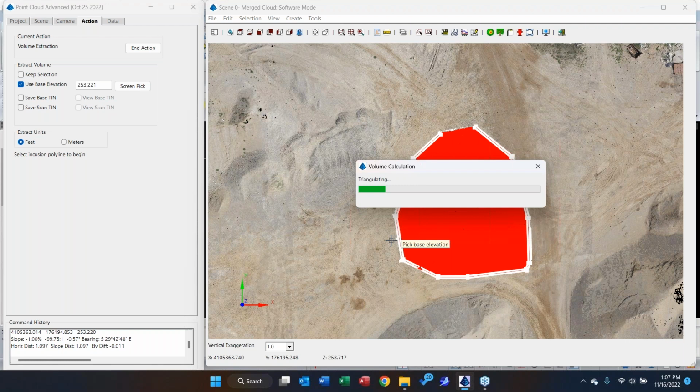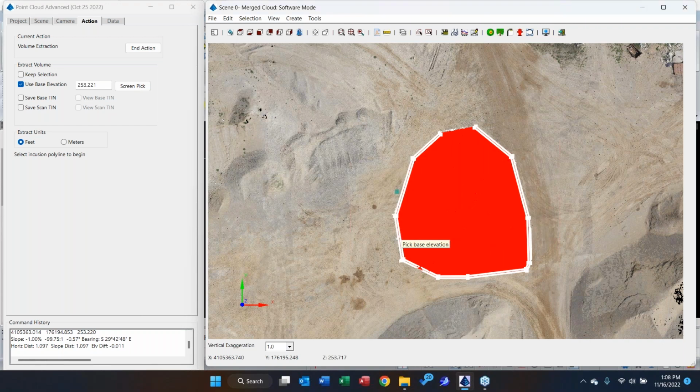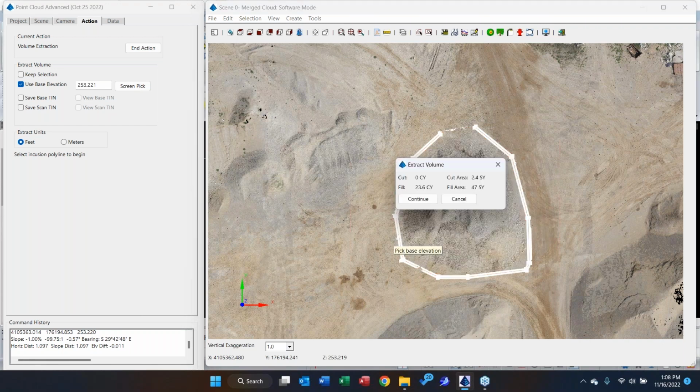And guys, this is not black and white. A lot of people have asked me in the past, how do you go about calculating stockpile volumes? I'll be honest with you. If I have a customer who wants a super accurate measurement, this is what I do, because we're triangulating from the point cloud and then comparing the volumes from that flat surface at 253.22 to that triangulation, which is the complex triangulation, right? But I just have a lot of customers that say, well, if we're within a couple of inches,